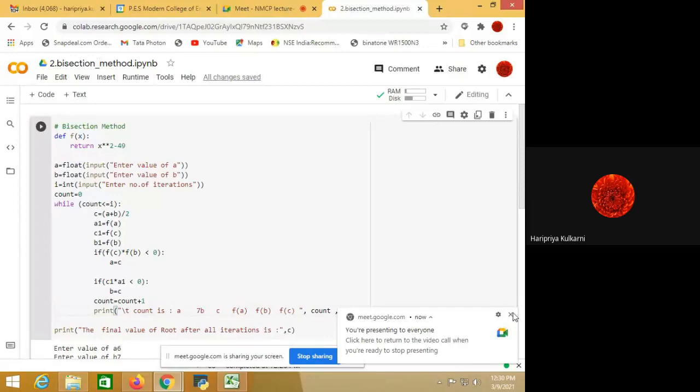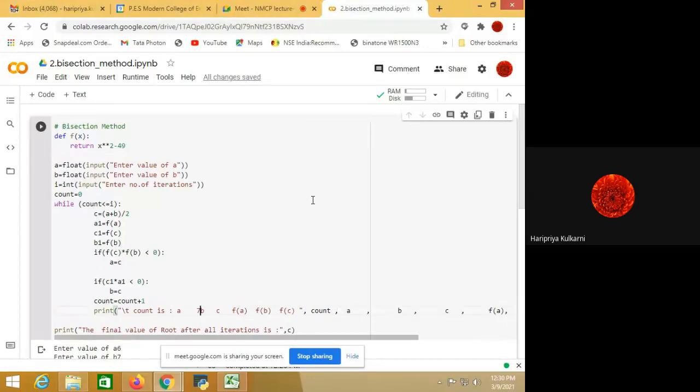Hello, students. Today we are going to study the bisection method, which we have studied earlier during my previous sessions. So this method we are going to implement in Python. For Python, we are going to use Colab on Google. The only mandatory condition is you must have a Google account, and that Google mailbox you should have